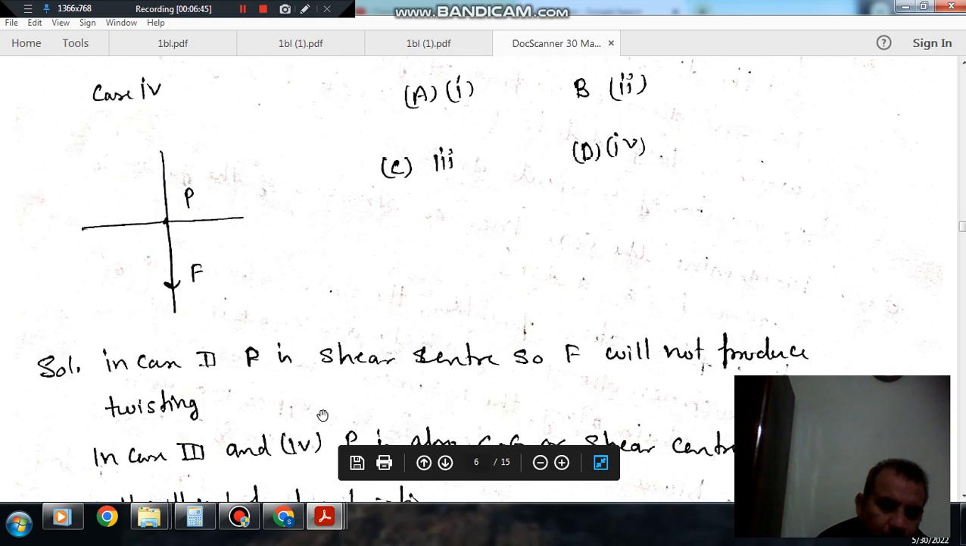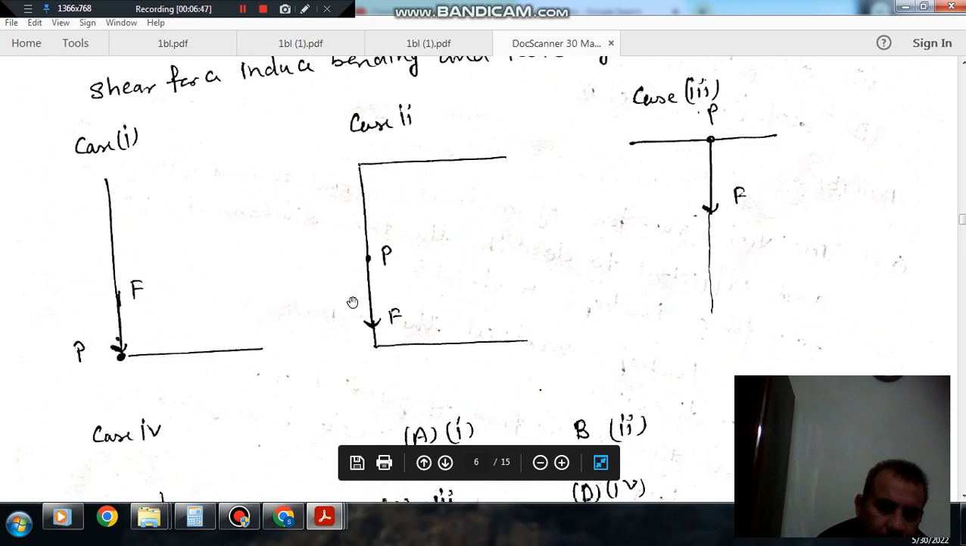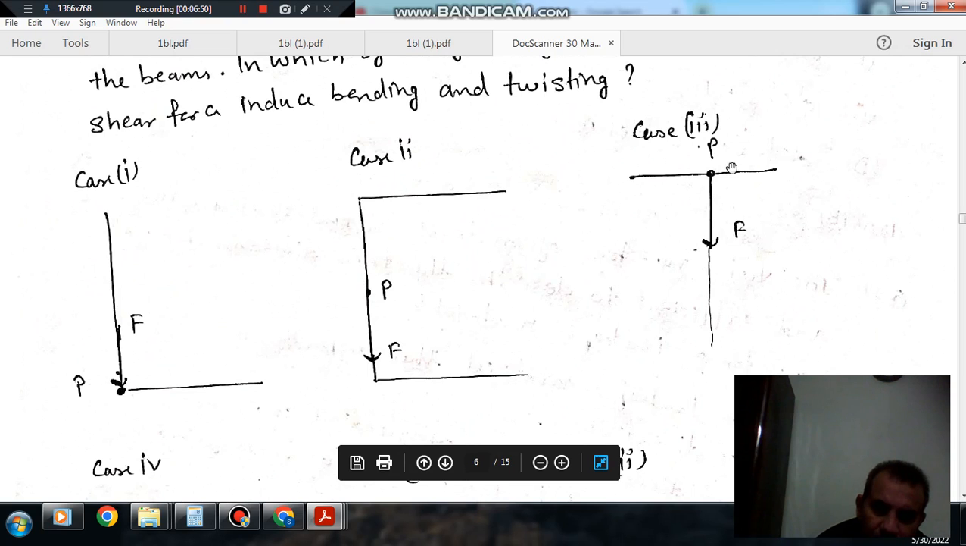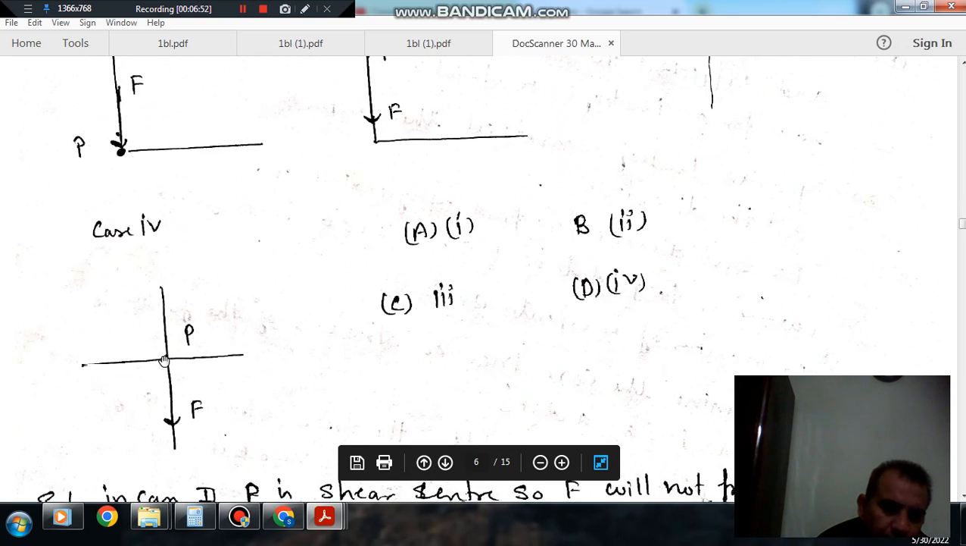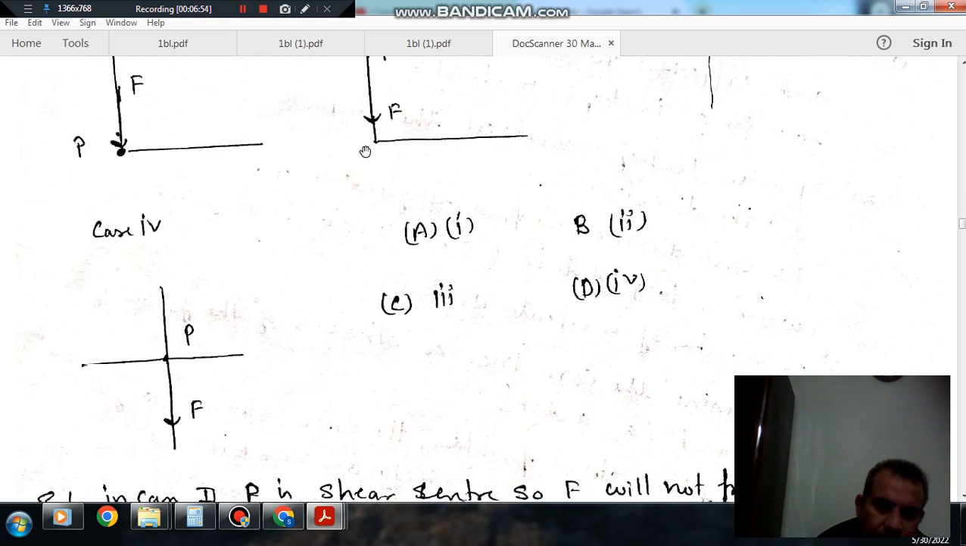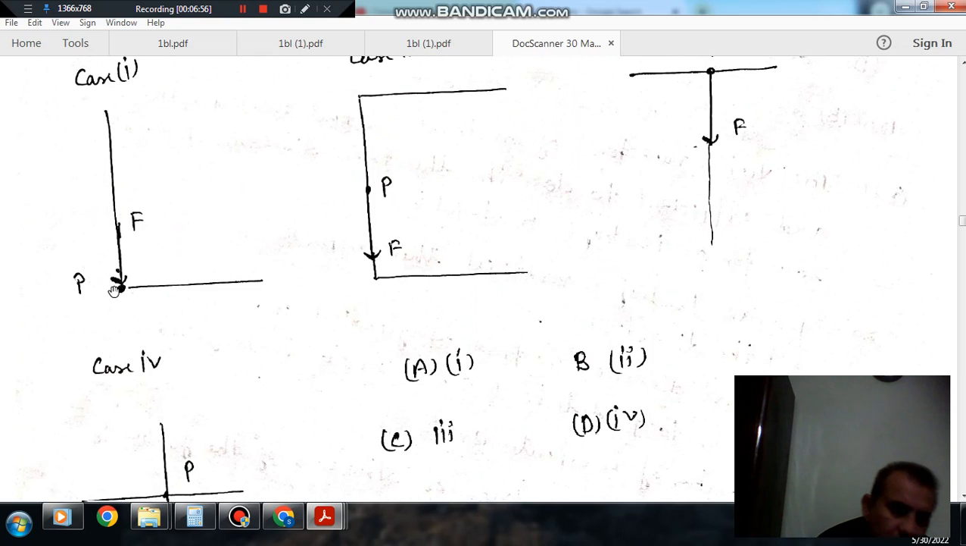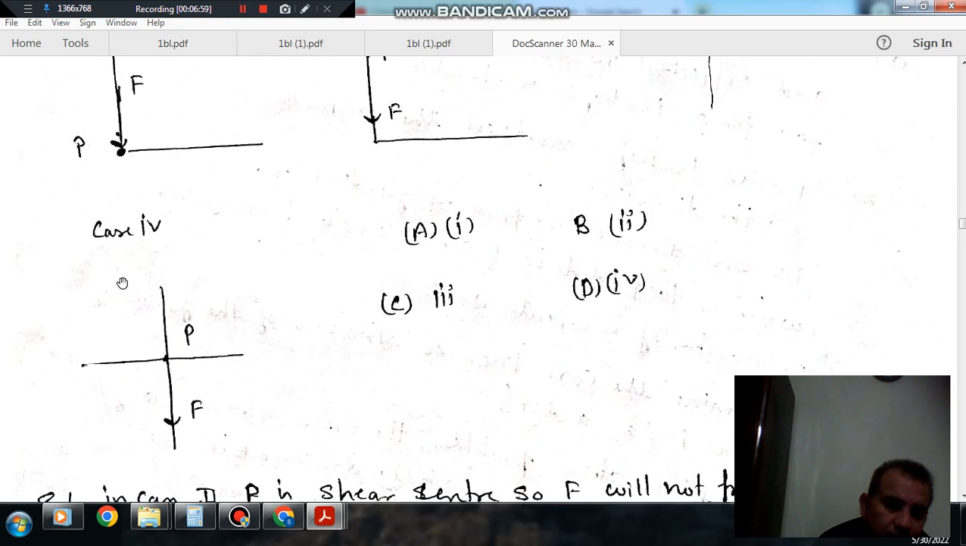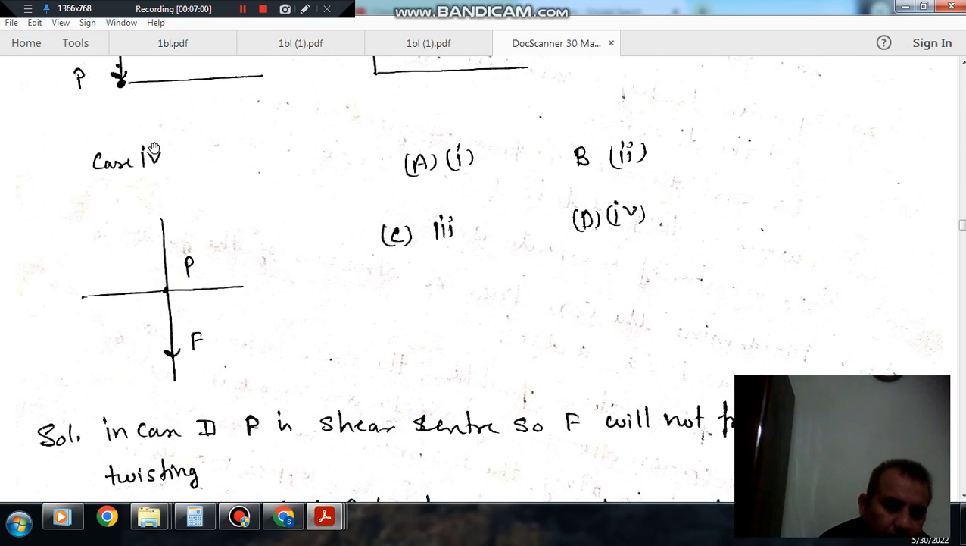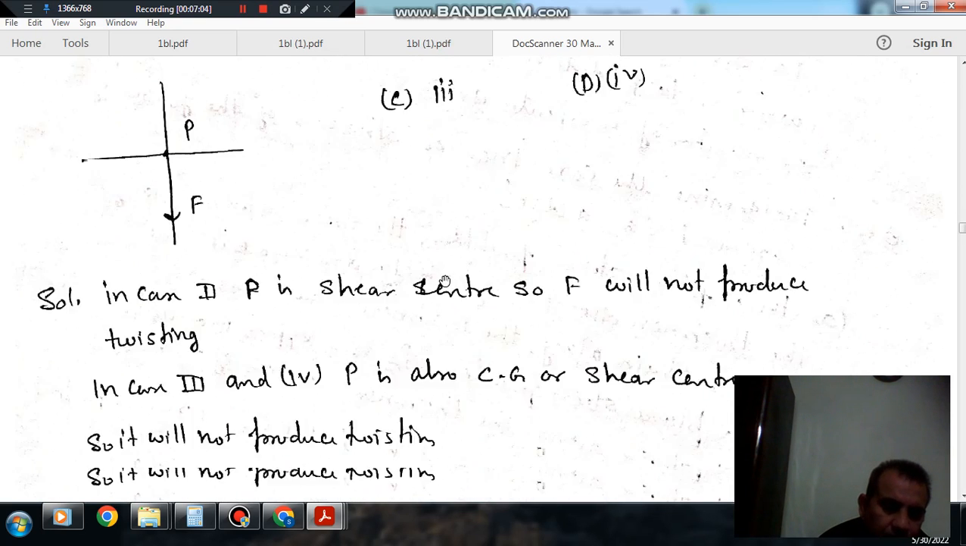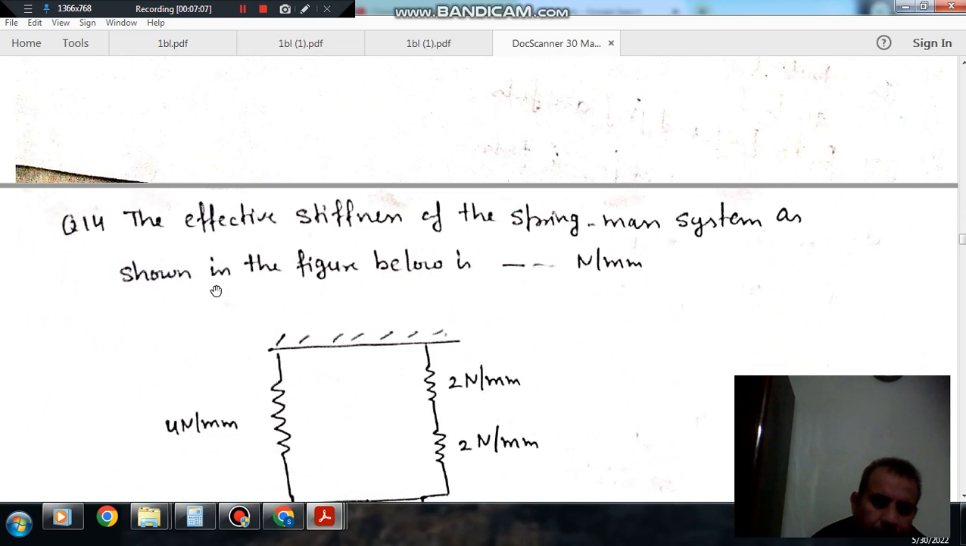In cases 2, 3 and 4, P is the shear center of the respective figure, but in case 1 it is not the shear center, so it will produce twisting as well as bending. So the answer is option A. Next,